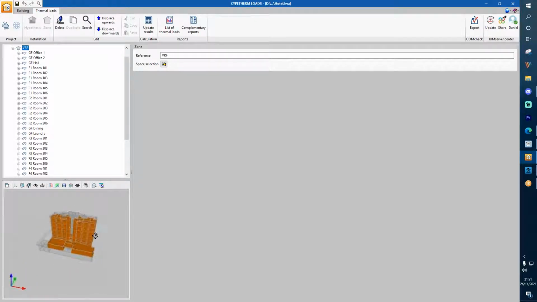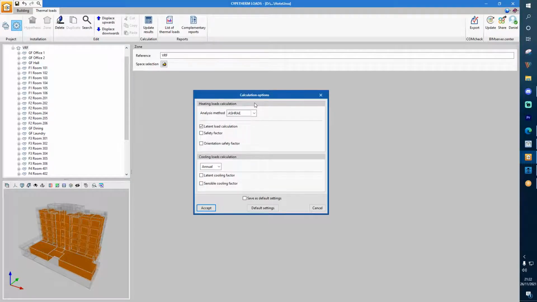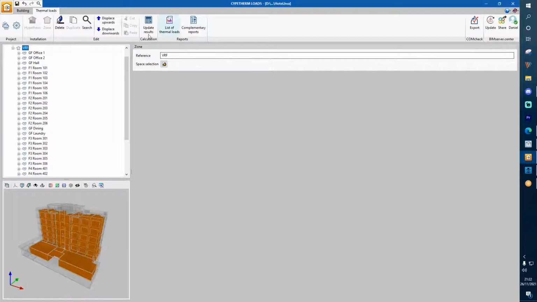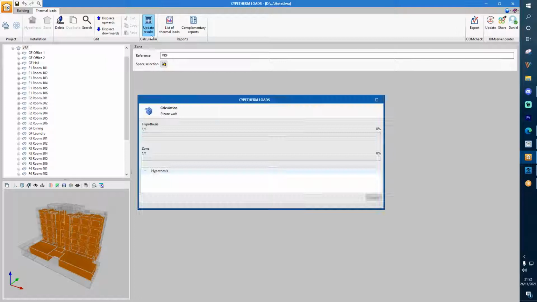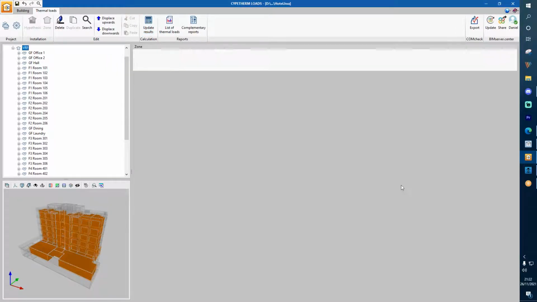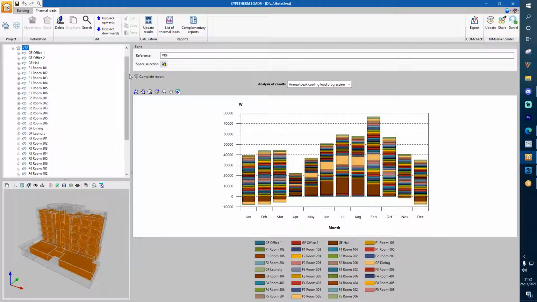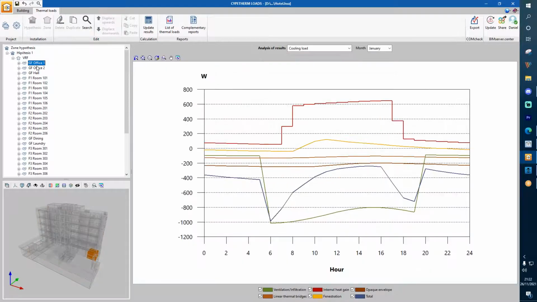And those are the thermal loads that we are going to calculate right now, because we have done the building tab, and we have placed the building into a location in the world. We have chosen what kind of analysis method we want for the thermal loads, and now it's time to update results. CYPE loads launches the calculation software,